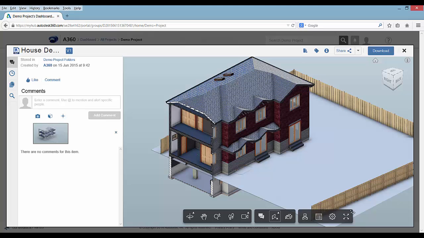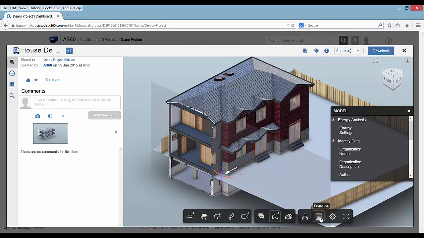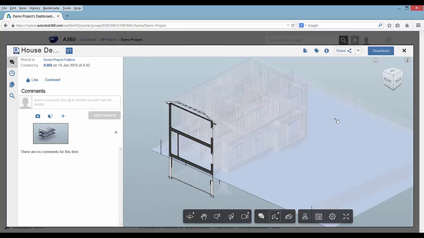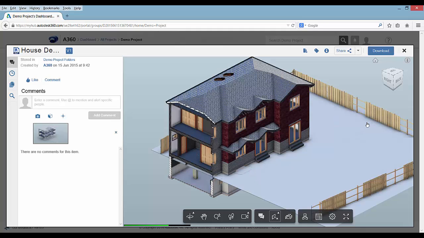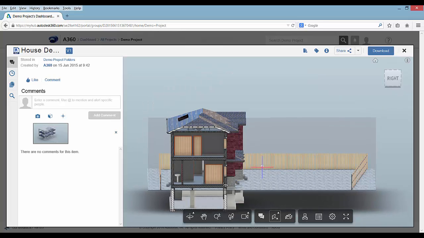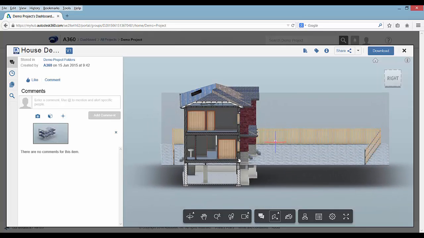And just general information about it. If you have an object selected and you right click, you can pick isolate and then right click and pick show all objects to show the objects again. Right click and pick add comment, and here you are able to, in the section view, because you're looking at